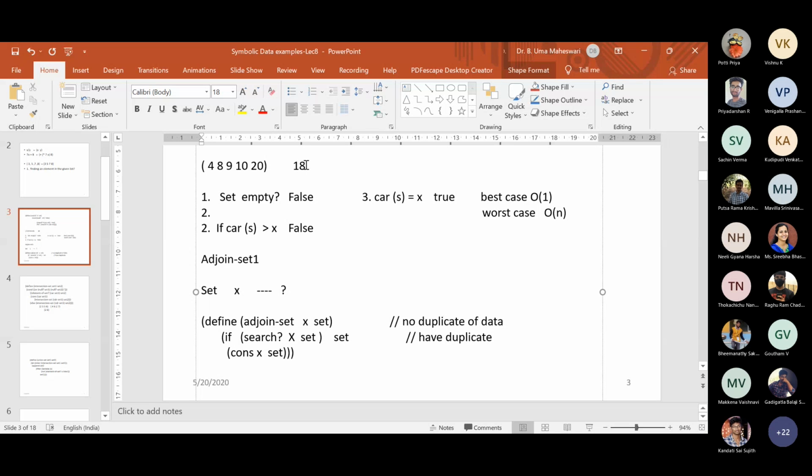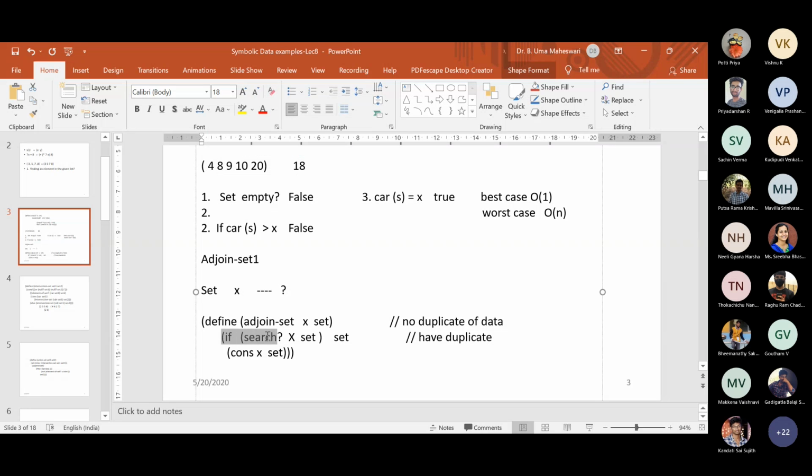Okay, so that 18 will be inserted at the proper position. Can you tell me the conditions? What you will do? Will you check for empty? Yes, that is the first condition. Will you check for the car? The first element is greater than the given element.